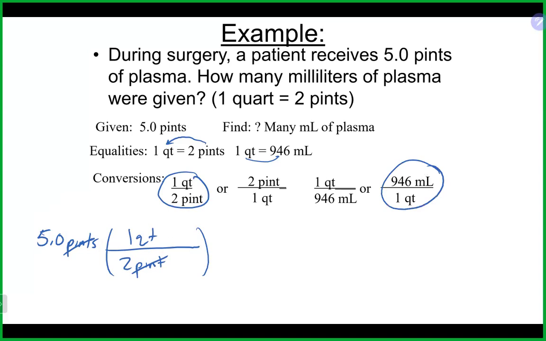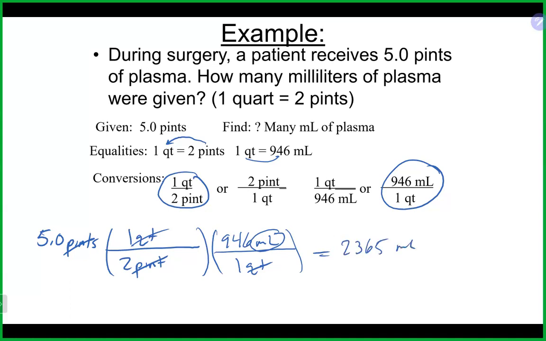So we just pick the one that has it in the opposite location, and we set it up that way so that we can see it. That means our quarts will cancel, leaving milliliters as the only unit left. We multiply across the top, and we end up with 5 times 946 divided by 2, and that gives us 2365 on our calculator